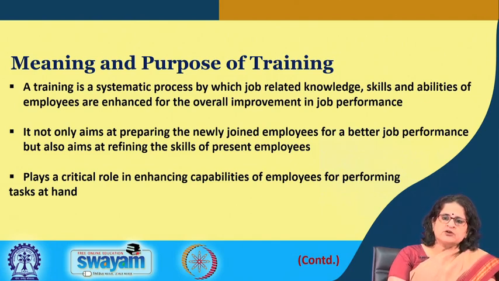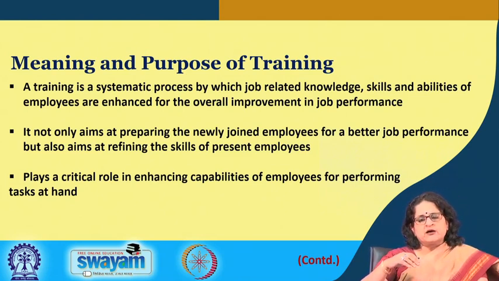The second outcome of the job analysis is the job specification, which talks about the knowledge, skills and abilities of people, their educational background, their experience, and the different kinds of qualities which are required by a person to be able to perform well on a job position. So we call this job specification. So both job description and job specification, which actually start the entire process of Salesforce management, will give insights into the number of people required and the kind of people required to fill up a sales job position.